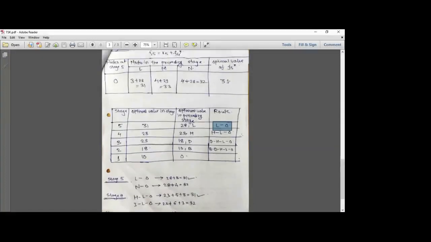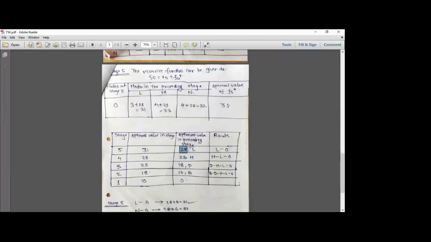Let's move ahead. The stage 4, right? The optimum value is 28 that we have already got, right? So even in this table you see it is 28. Let's move towards our next